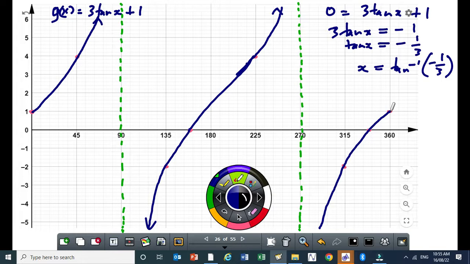So add that on your graph. Then you also add your equation of your asymptote. Let me just add them for you here. So we have got x equal to 90 degrees, and then we have got x equal to 270. Okay, generally to